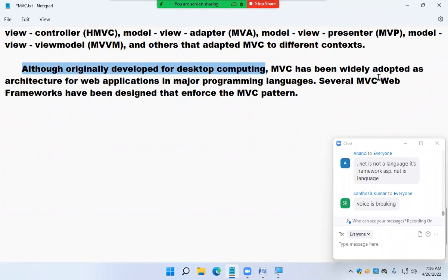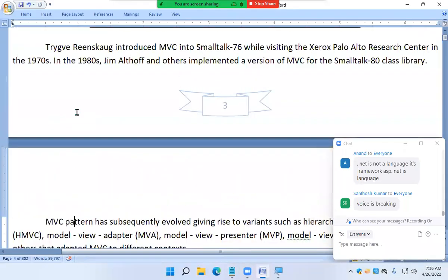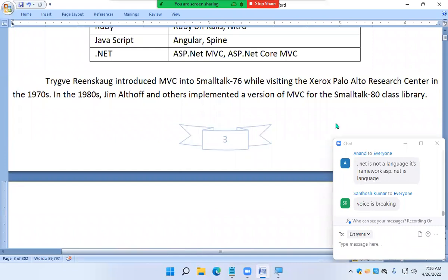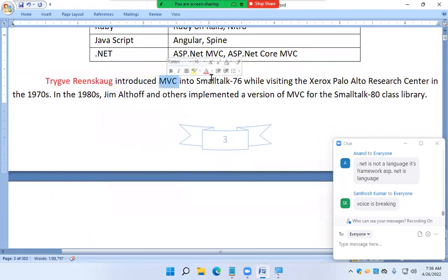MVC has been widely adopted as architecture for web applications in major programming languages, and several MVC web frameworks have been designed that enforce the MVC pattern, which are listed already above. So the initial design is not for web development, guys. Put that in mind. The initial development was done for the desktop. Later on, it became popular for web development. I hope you are clear. Yes or no?